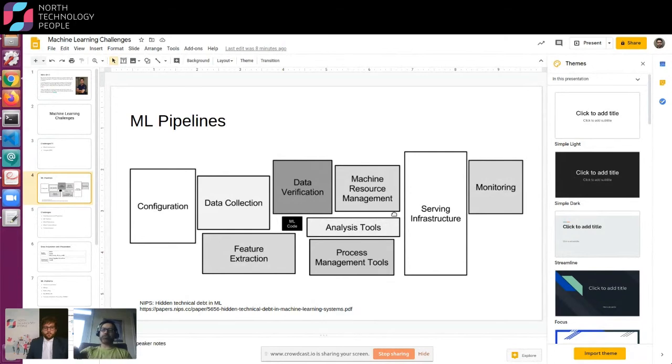The biggest one, as you can see, is the serving infrastructure, like where the models will be executed, so finding the right hardware, procuring the right hardware, deploying on that hardware, and finding the operational requirements. You can also see data verification, data collection, and feature extraction, which are all related to data and constitute the biggest chunk of the ML pipeline, along with configuration, which covers training your model, finding the right policy, or meeting your operational requirements to deploy your model on an edge device.